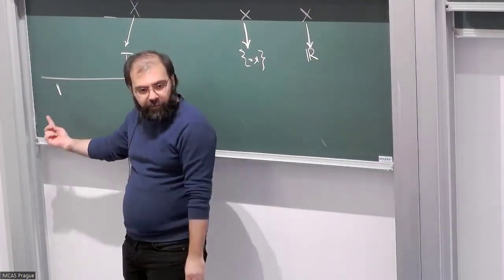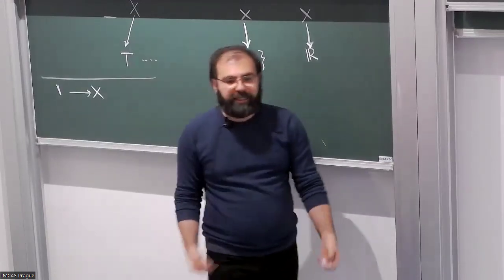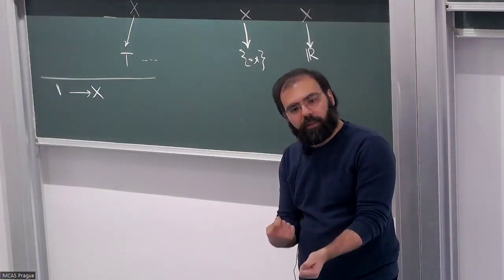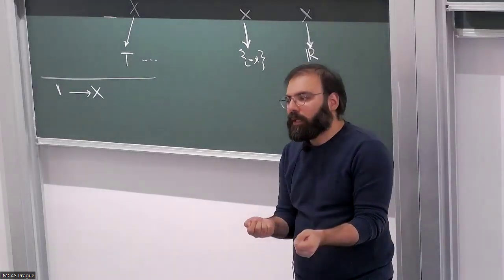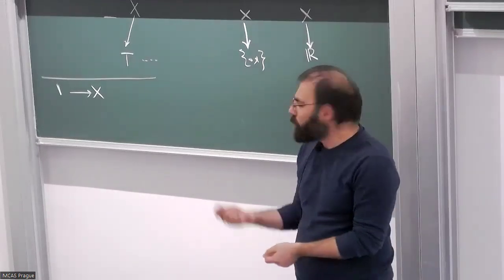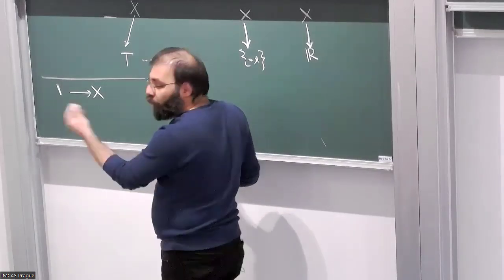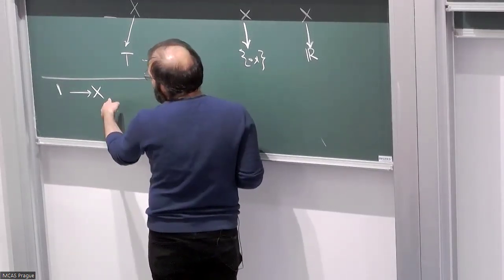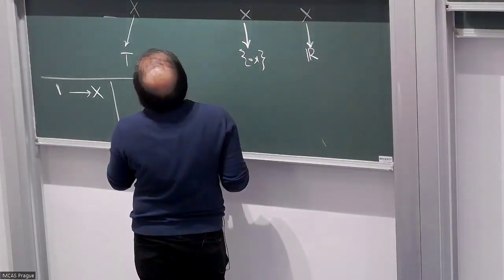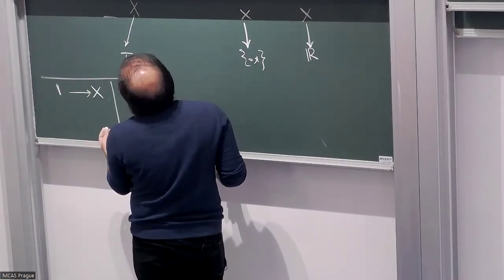So if you have your 1, then any map from 1 to object X is called the element or global element. And the global comes from geometry. So you have the global sections, etc. Right? You have the global element, or the point of X, if you like. And these guys are not enough to understand X in any category. So in sets, it is the case, but not usually.